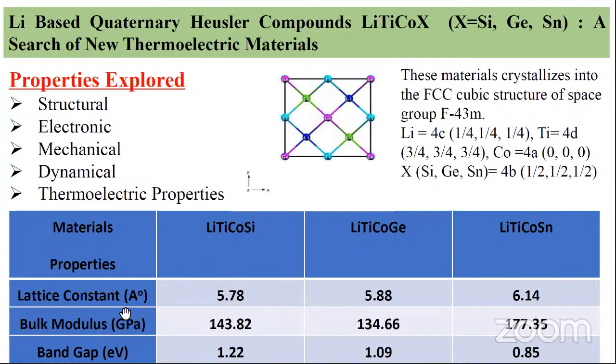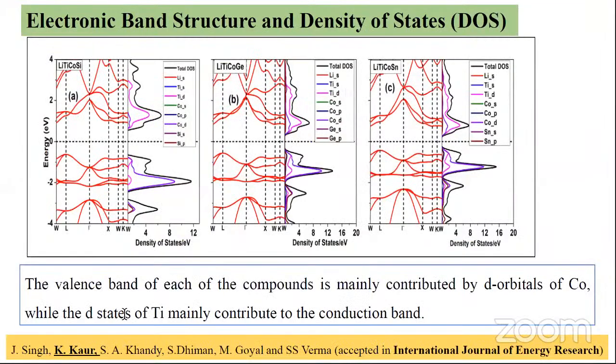These are the properties we have calculated for these materials: lattice constant, bulk modulus, and band gap. These optimized parameters are in good agreement with the previously reported results. From the band structures, we can see that these materials are indirect band gap semiconductors with band gaps of 1.22,